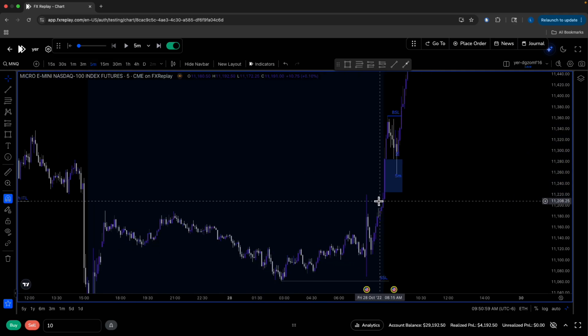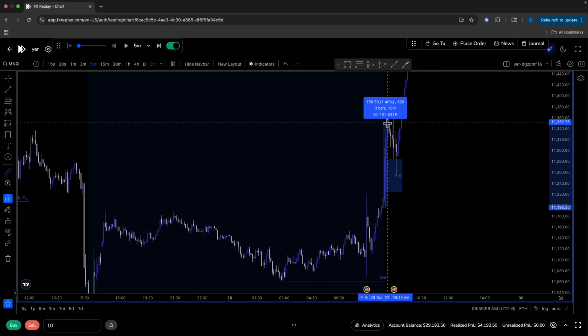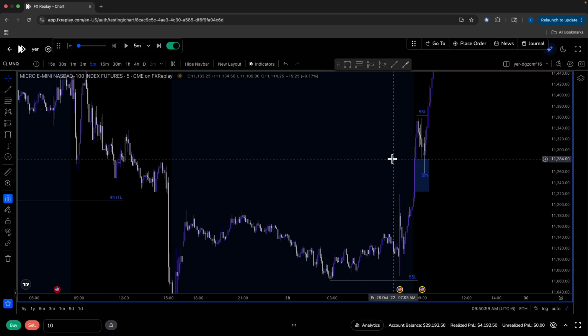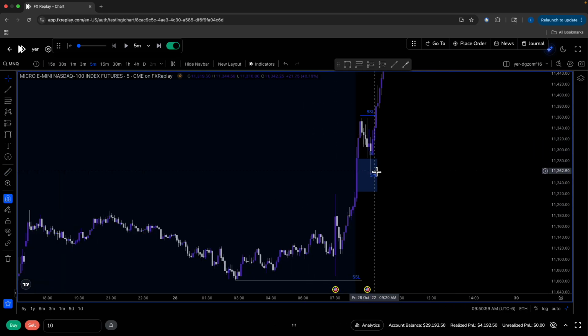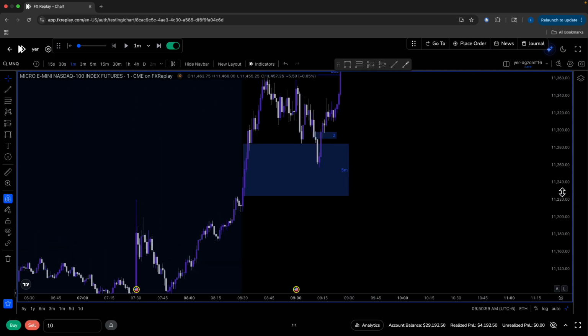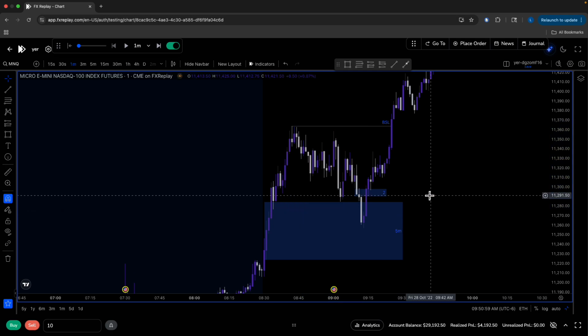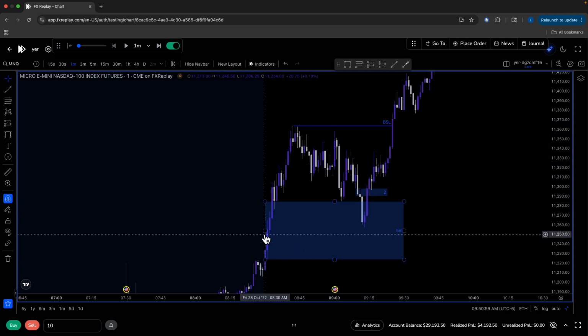Look at the 5 minute chart. Does this look like we're sweeping data highs? No, this is displacement above a level. We're displacing through this, opening up a bullish 5 minute fair value gap. So once this opens, I mark it out, and I'm wanting to see, does this want to hold bullish? This is exactly the type of rebalance I would want to see into this fair value gap, because